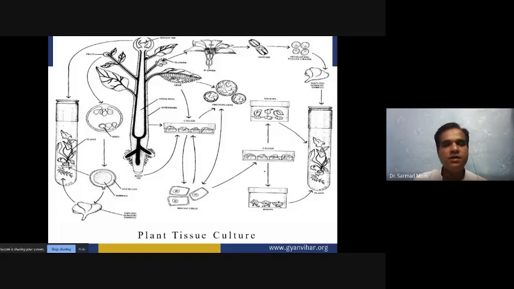Then another type of explant we can also take, like anther or ovule. And if we are taking anther or ovule, we can produce direct shooting, or we can also produce the callus from the anther and ovule. And these callus cells arising from the anther and ovule will be haploid type of cells, and through this we can produce haploid culture. So these three methods are there. First one is the direct method, second one is the indirect method, and third one is the haploid cells or haploid tissues production, and then later on we can propagate into the haploid.